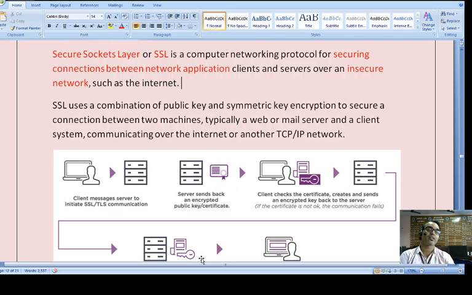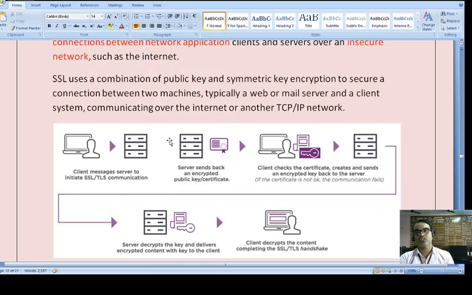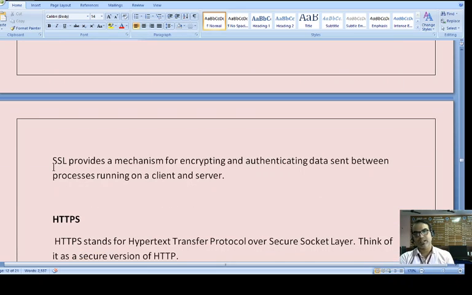I can add that SSLs can be private as well; it depends upon our country how we configure our SSL. Typically, a web or mail server and a client system communicate over the internet or another TCP/IP network. SSL provides a mechanism for encrypting and authenticating data sent between the processes running on a client and server.